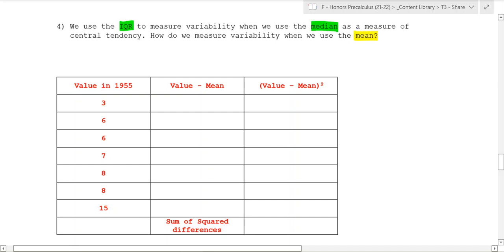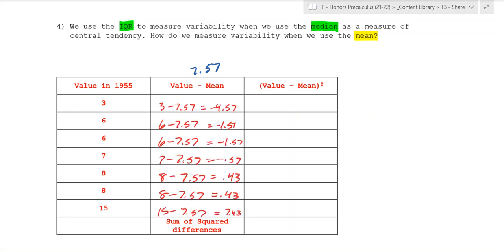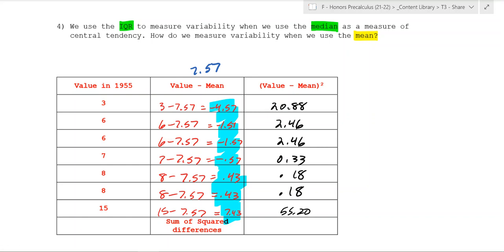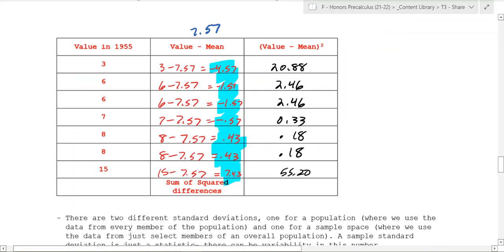Well, we're going to use something called standard deviation, which is going to be found by filling in a chart like this. So the first thing you do is you have all the entries here. So this is 1955, just 1955. And we know that the mean was 7.57. So the first thing we do is the value minus the mean, and you fill in that column right there. So when you fill that in, it looks like you get these values right down the middle here. And then you take those values and you square them. So after you square them, you get all these numbers, and then you add them all together, and you end up with